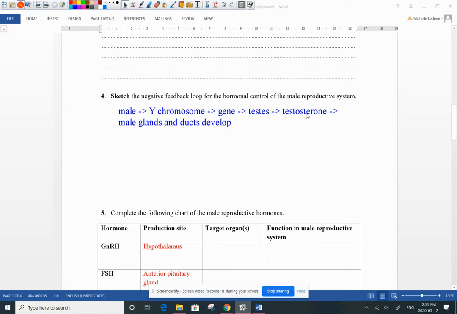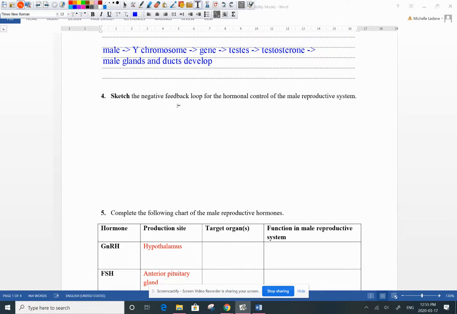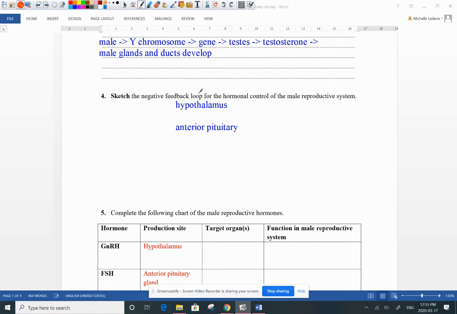Now, the next big important thing in this booklet is the negative feedback loop for the hormonal control of the male reproductive system. We know that the hypothalamus is the gland in our body that sends out releasing hormones. Who does it activate? Well, it activates and stimulates the anterior pituitary, which I spelled wrong. And you need to know the name of this hormone that is released by the hypothalamus. Okay, it is called